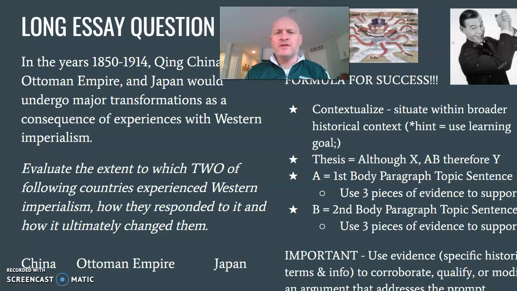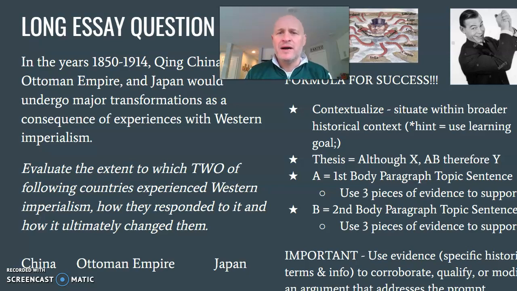The long essay question is perhaps my favorite. You don't have to look at a ton of documents. You can go right into writing once you look at the question. However, the caveat is that you have to know your history. This is where the deep well of historical knowledge comes in handy. Knowledge of the terms, knowledge of your concepts, knowledge of the time periods is very important to write a successful